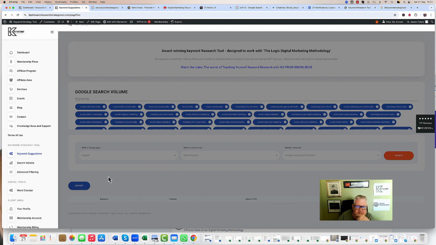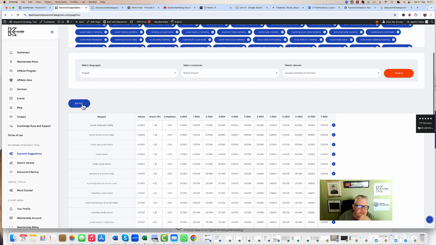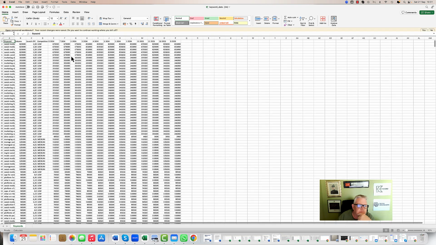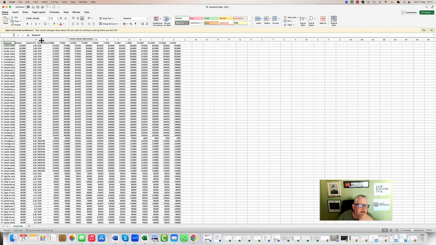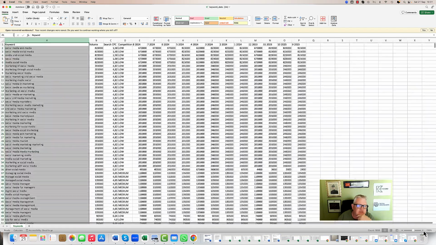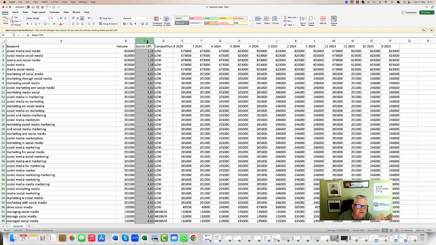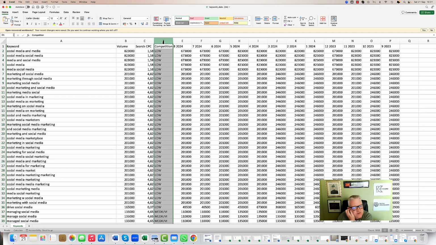So what it's doing is it's just working out a spreadsheet for us, and here we go. So I'm just going to export that spreadsheet and very quickly talk you through it and why it's important. Column A here is the keyword that we identified as a positive keyword. In column B we've got the number of searches in the month in which we did the research. You've got cost per click, you've got competition level, so how many businesses are competing with you online for this